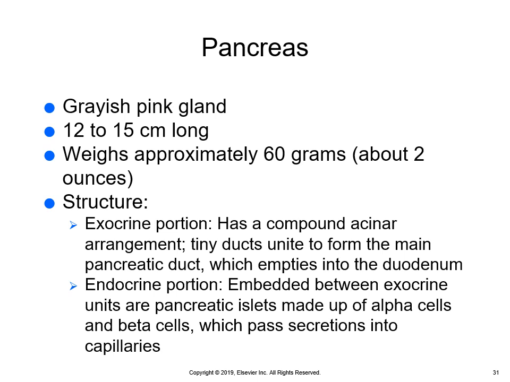In terms of the endocrine portion, it plays more of a hormonal role. So scattered within our exocrine tissues are things called pancreatic islets, or the islets of Langerhans. And these islets contain alpha cells and also beta cells. Alpha cells secrete glucagon, which helps raise our blood sugar levels, and the beta cells secrete insulin, which helps lower